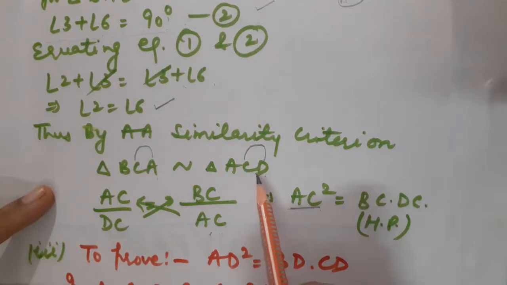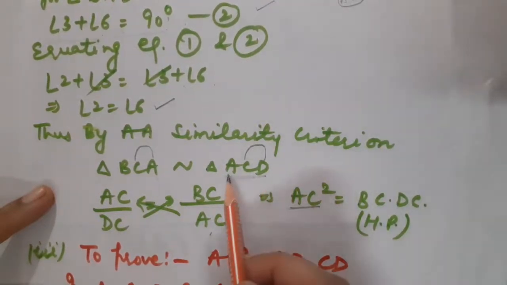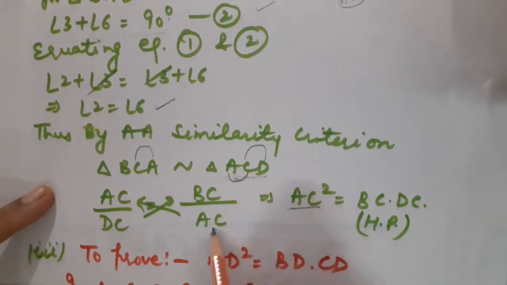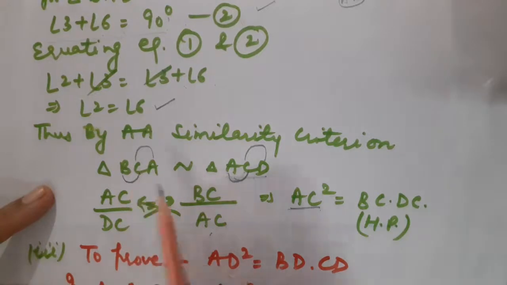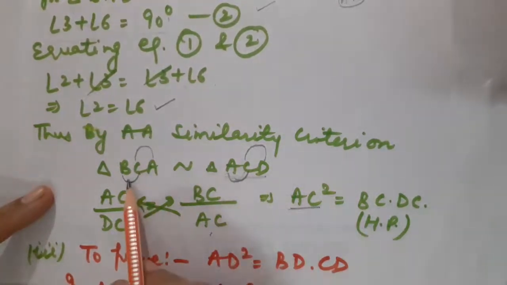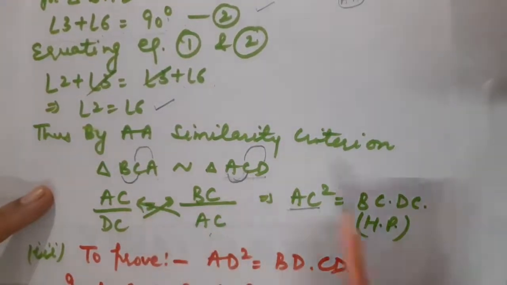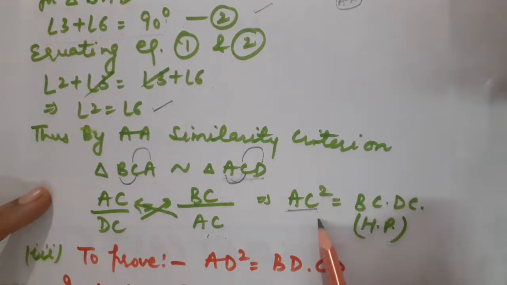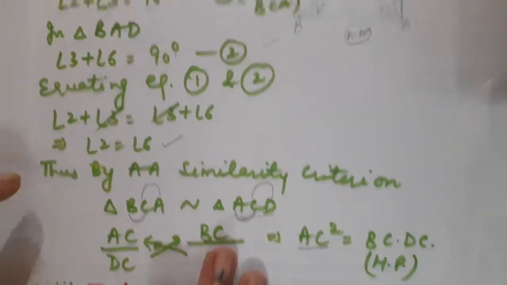and in the denominator this triangle is providing us the values. So this is AC again in the denominator. If here I am taking AC, so what should I take here? BC. That would give you the value at the numerator place, correct? So this is BC upon AC. Got it? Now while cross multiplying, I have got AC square is equal to BC into DC. The same thing we wanted to prove in part number 2.